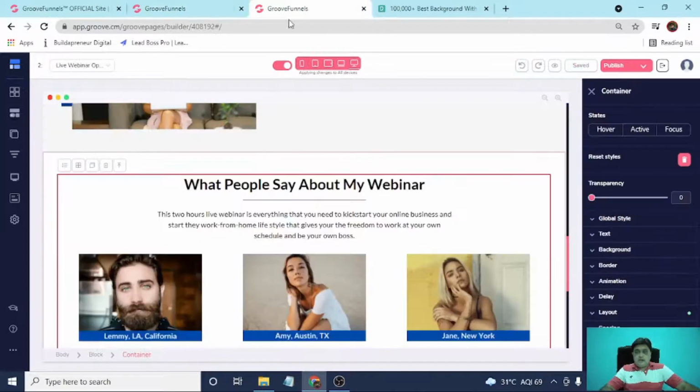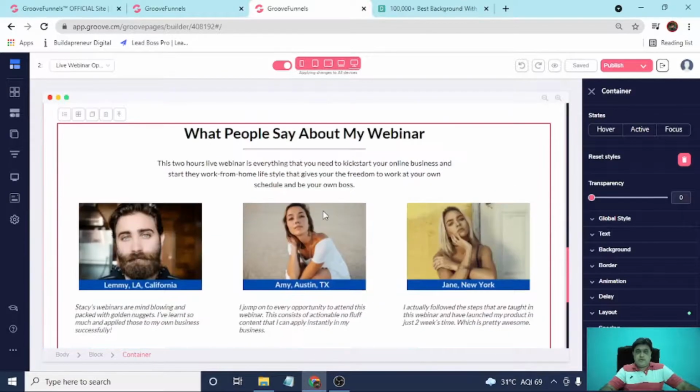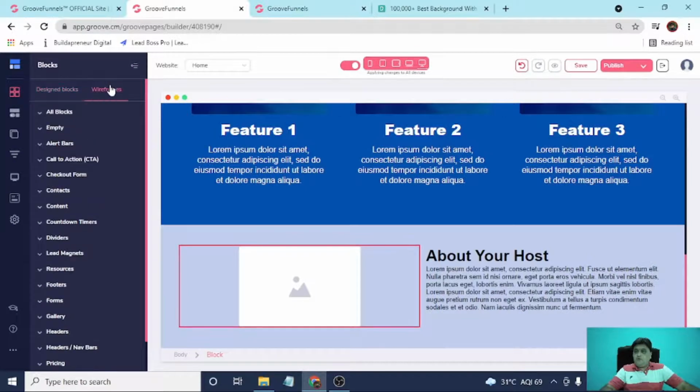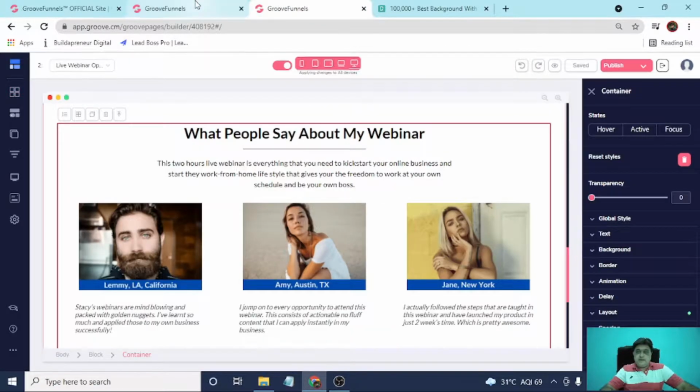Let's check, there are 3 blocks here, guys. So we have to select first of all this heading block. So let's select empty container, go to block, wireframe, create, select empty block for this heading.